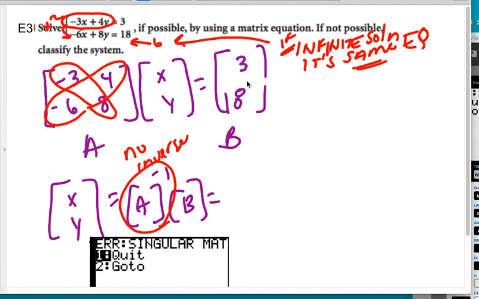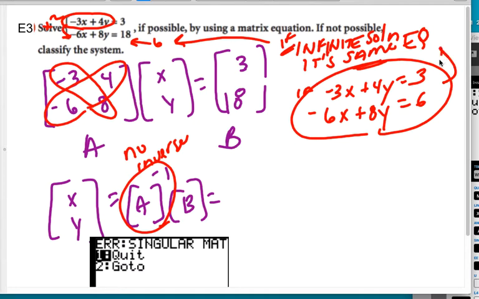But because it's not a 6, we're looking at parallel lines. We're looking at the same slope because the coefficients of x and y are proportionately the same, and different y-intercepts, right? So for instance, if this had been negative 3x plus 4y equals 3 and negative 6x plus 8y equals 6, well then that would be the same equation, and this would be called consistent dependent, right? We'd say infinite solutions